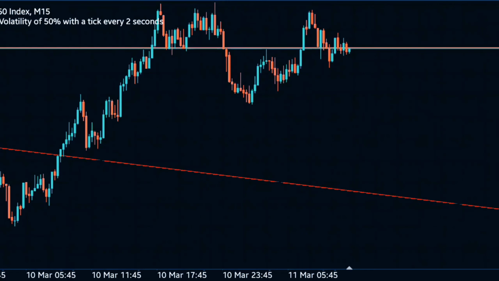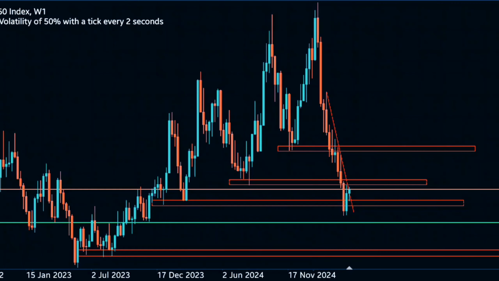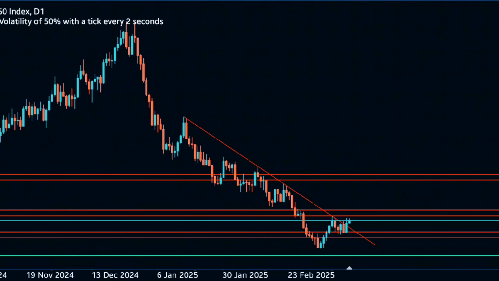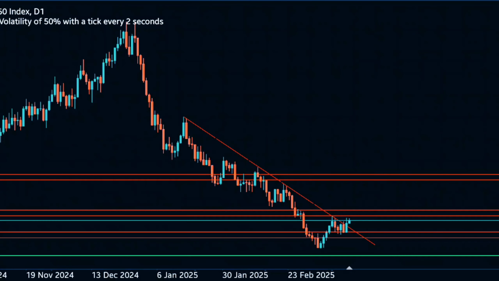So starting from the monthly, once again, it is in a range. Weekly, for me, it is bearish. Daily is also bearish, but with a potential, with the word potential, weekly pullback. Like they say, for every impulsive move there must be a corrective move. So this could be the impulsive move, then this could be the corrective move before going back down again up to here. So I'm sitting on my hands. Daily bearish, with potential looking out for a high.